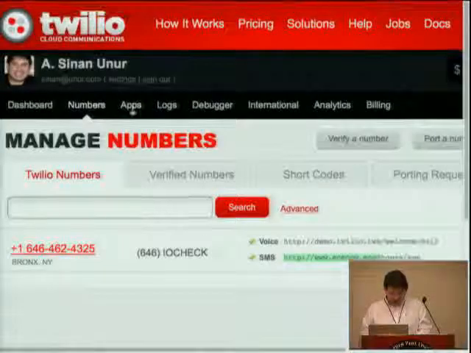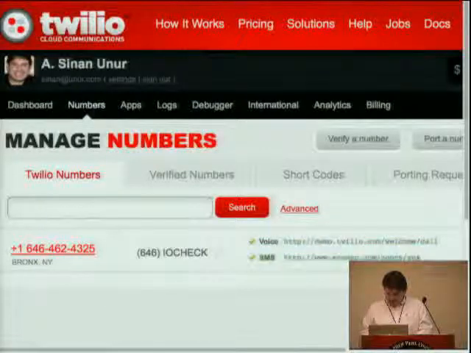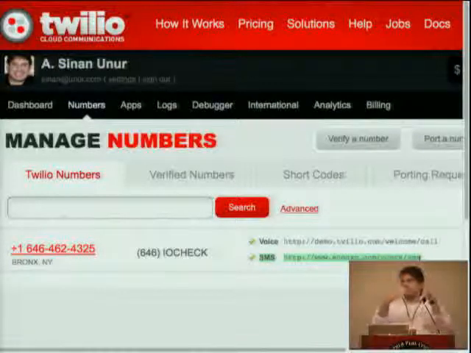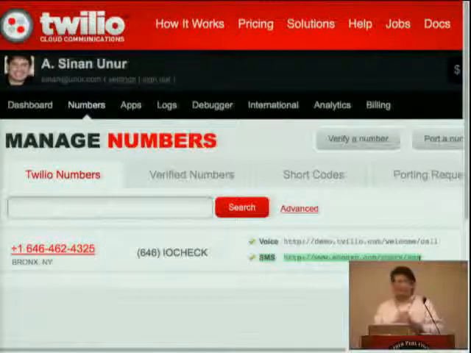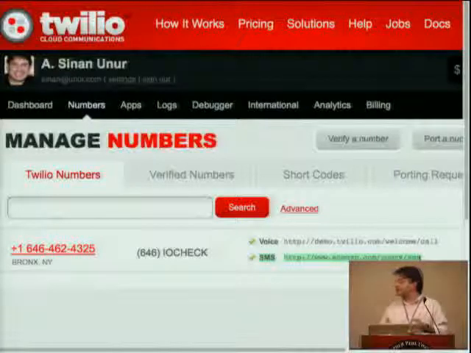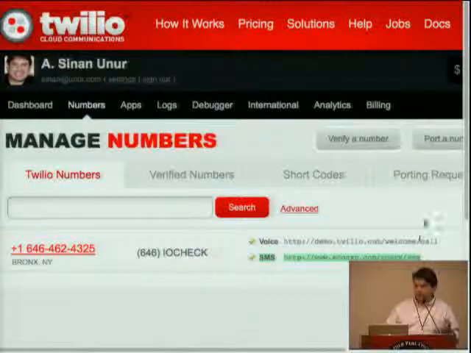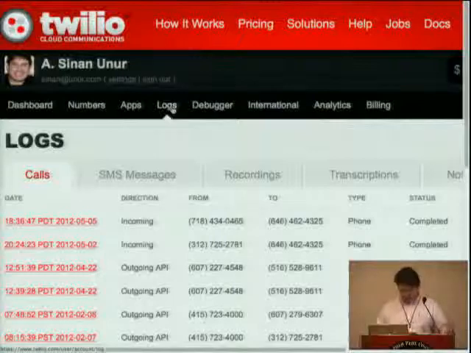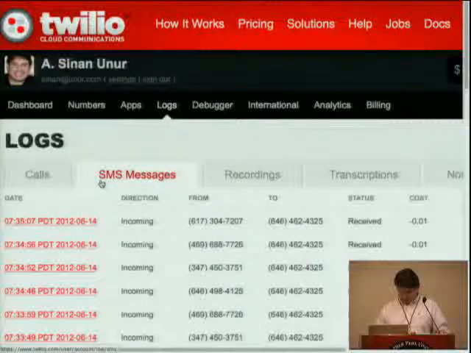It's just a URL for you to process these SMS messages. There are only a few well-defined things that Twilio can send you. Basically, so long as you ensure that the account SID that you get with the message is the same as the account SID you expect, you should be okay. Of course, you should still check the stuff you receive, but you should be okay. If things are going badly, Twilio gives you the raw logs for calls, messages.